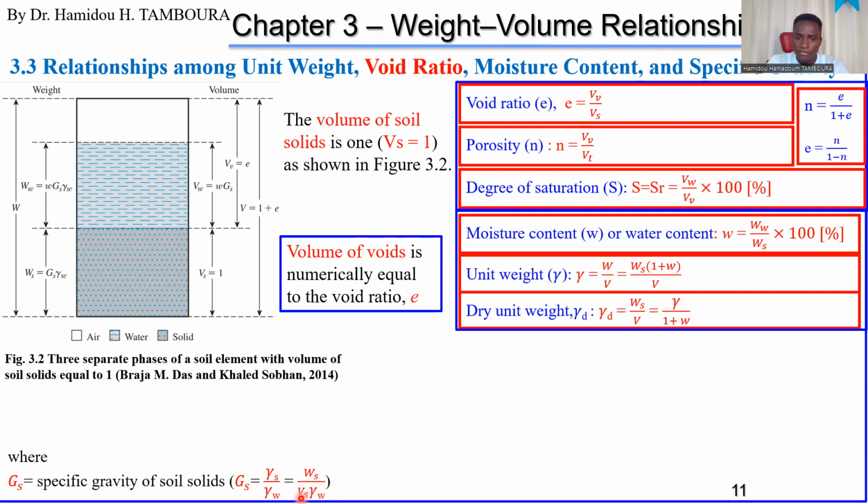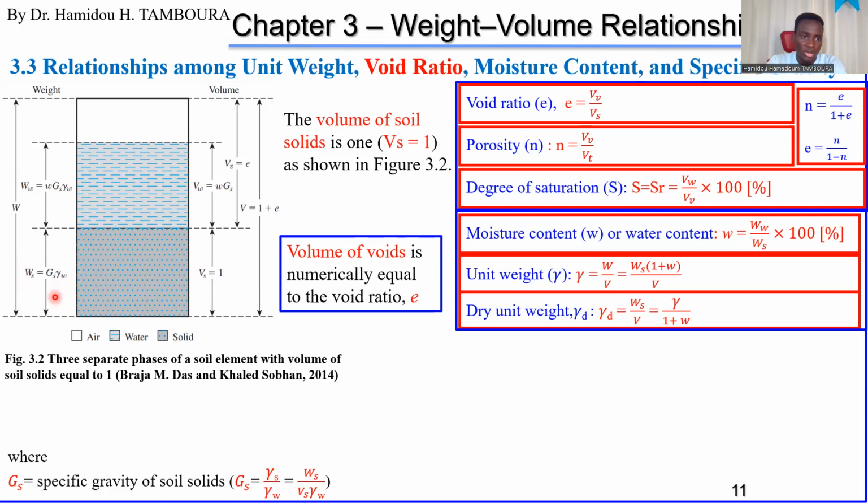But since Vs, volume of solid, is 1, then you will end up with Ws is specific gravity by unit weight of water. You multiply these two, and that's all. Okay? From specific gravity and the unit weight of water, for weight of solid,